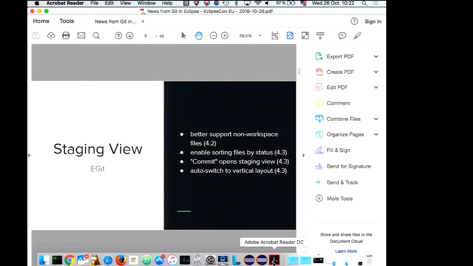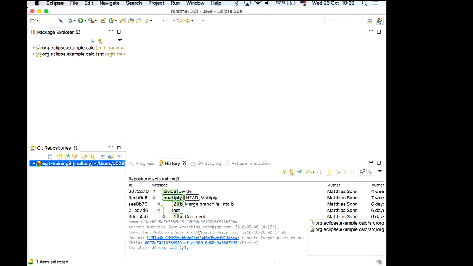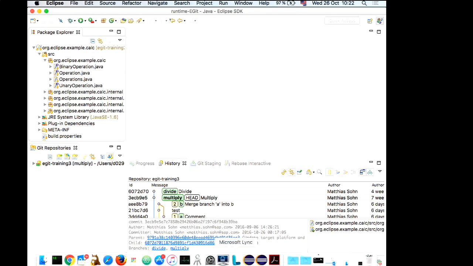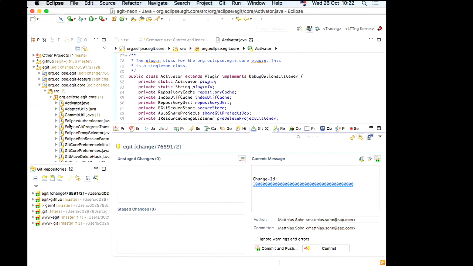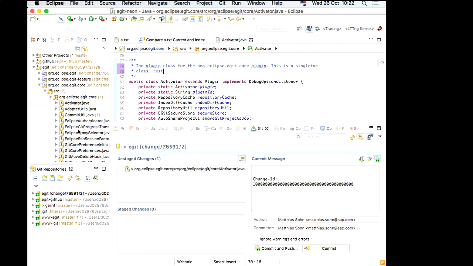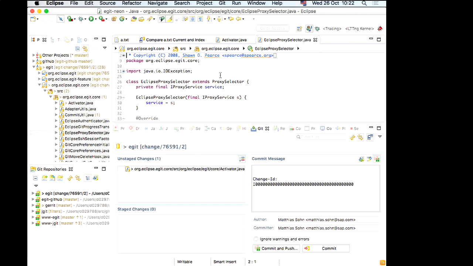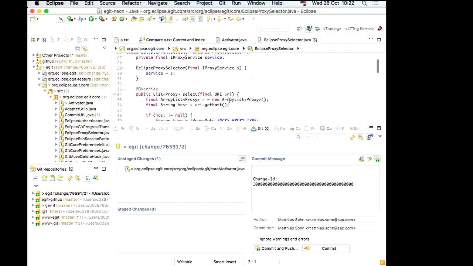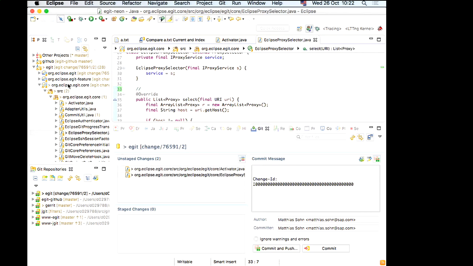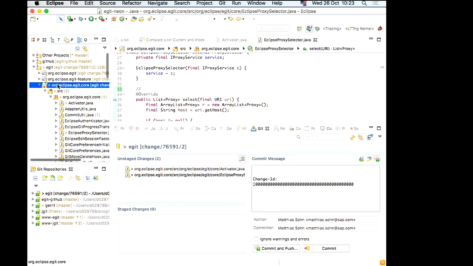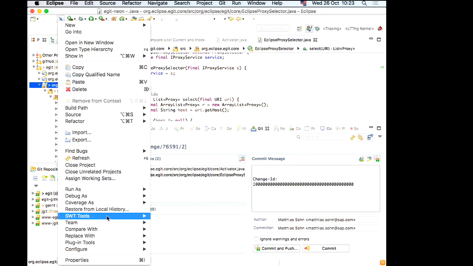Next one is commit is now done using staging view always. So let me do it on EGit. Just do this change again here. Touch another one. Just add a comment here. And now if I select this project, for example, and say team commit,